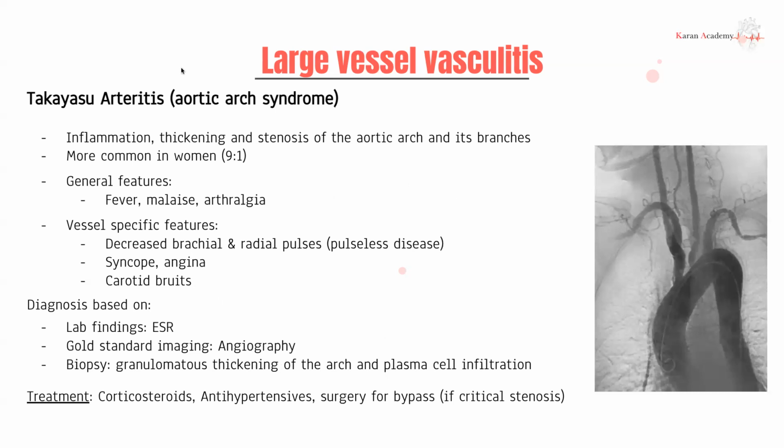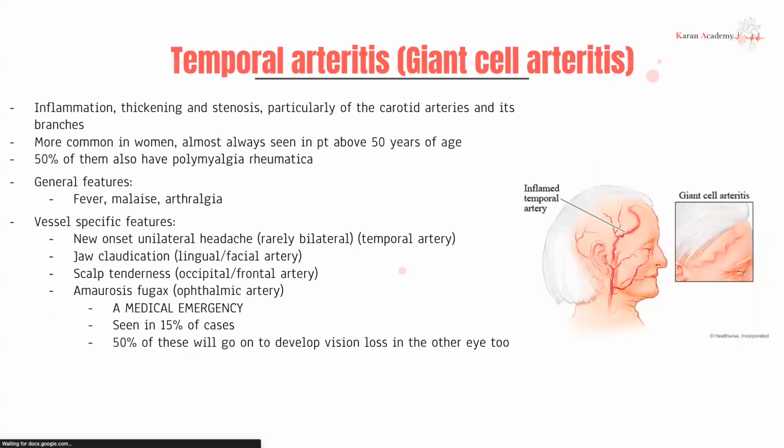This page itself, if you take this in, is going to be applicable to almost all the diseases we talk about. So general features are almost going to be the same. You then have the vessel-specific stuff, which you can figure out. Diagnosis is most commonly going to be with an elevated ESR, and then some form of biopsy is going to show some chronic thickening with plasma cell infiltration, because the underlying process, which is an autoimmune B-cell mediated process, is going to be quite similar across the board.